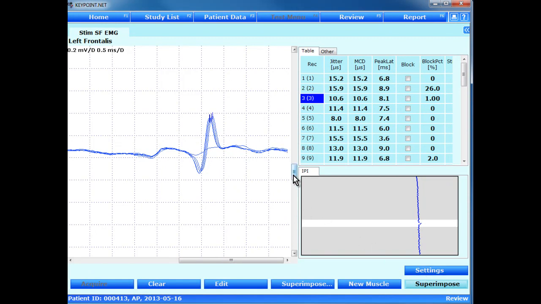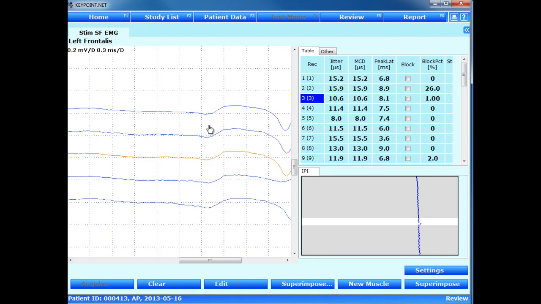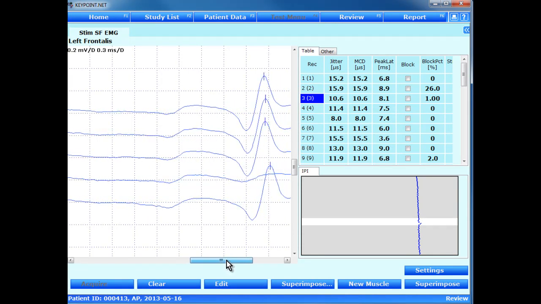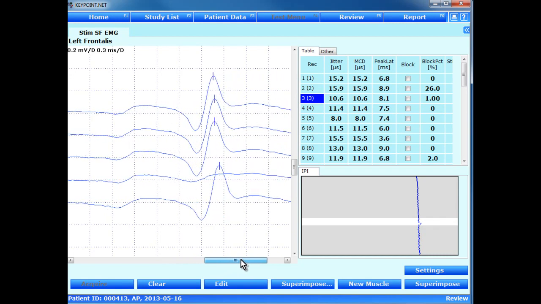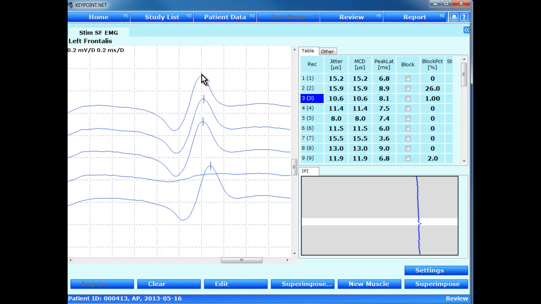But the next signal, after this blocking, you see that it has a shorter interval, and that can also be seen here, that here are 3 with this interval. If I increase the sweep speed, maybe it's a little easier to see. I can increase it even more to make it easier, so you have the jittering ones here and then